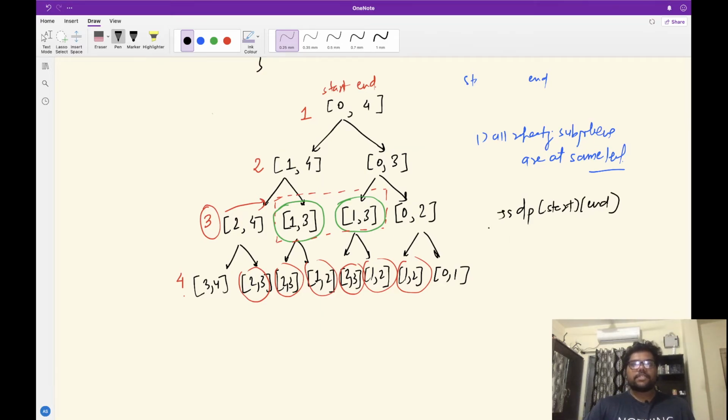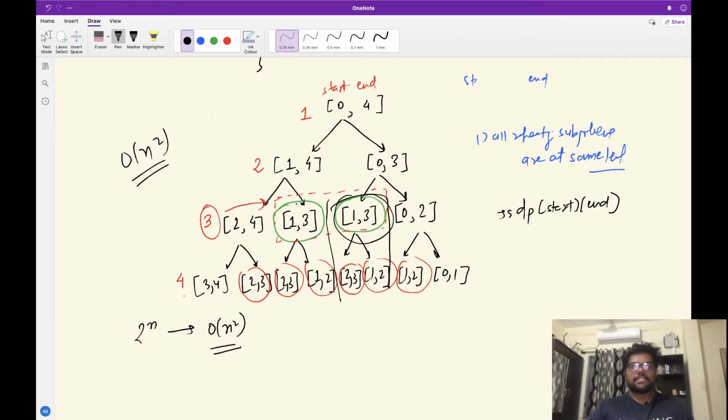So this is how this question will be worked by dynamic programming, and it will have a complexity of order n square. Why? Because if we were not using dynamic programming, then at every state we have two choices. So at the last, it will be like 2 to the power n choices that we need to explore, right? But we can actually bring it down to polynomial time complexity using dynamic programming, as we will be avoiding all the repeating. We won't be calling this part of the tree, since we have cached the result here. So this is how we can actually solve this question using DP.